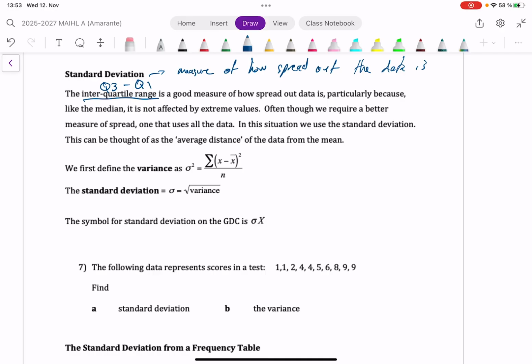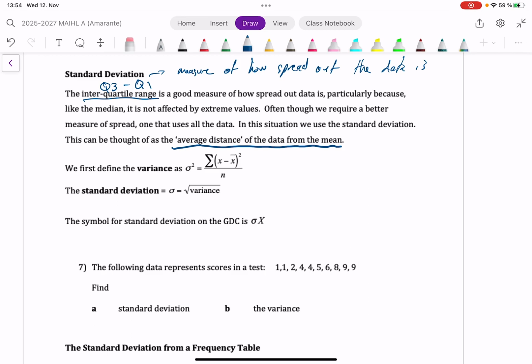In this situation, we're going to use standard deviation, and this can be thought of as the average distance of the data from the mean. That's what this is saying. The average distance of the data from the mean. So what it's doing and how it's calculating it is,